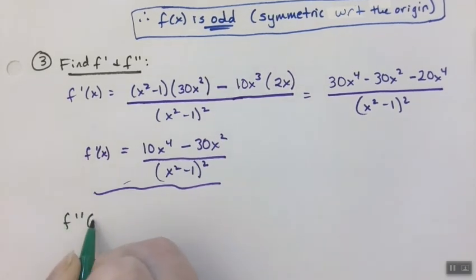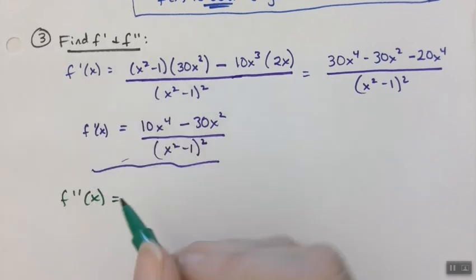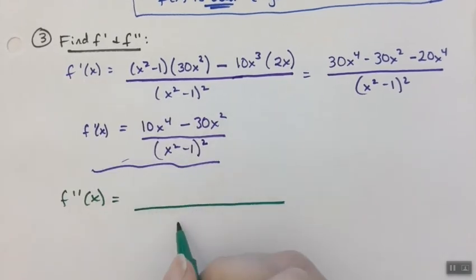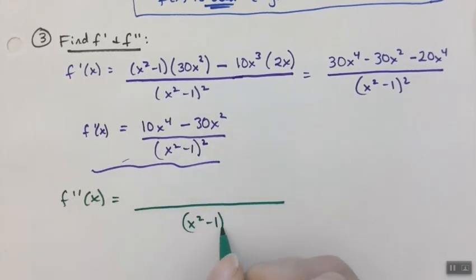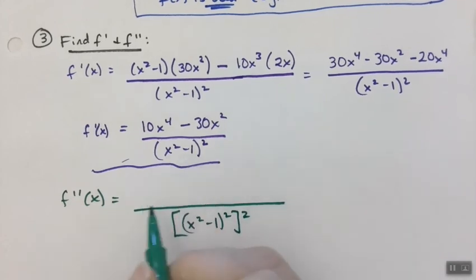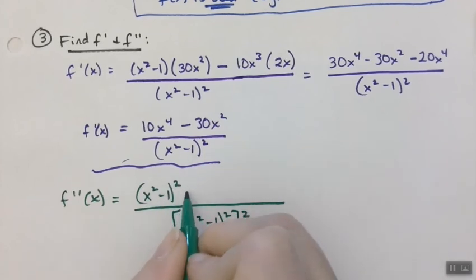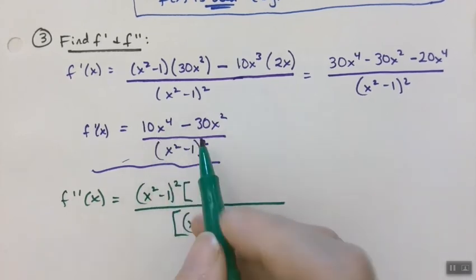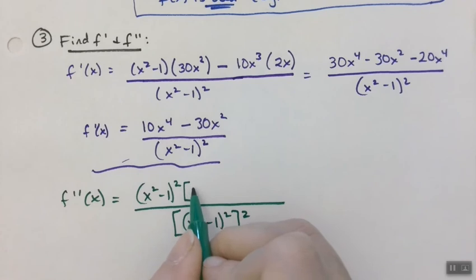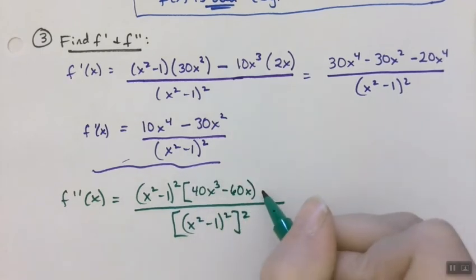So f double prime of x would be equal to, and then I've got to use quotient rule again. So I'm going to take my denominator, which was x squared minus 1 squared. I'm going to raise that to the 2 power. And then I'm going to take x squared minus 1 squared times the derivative of the numerator, which is 40x cubed, take away 60x, minus,